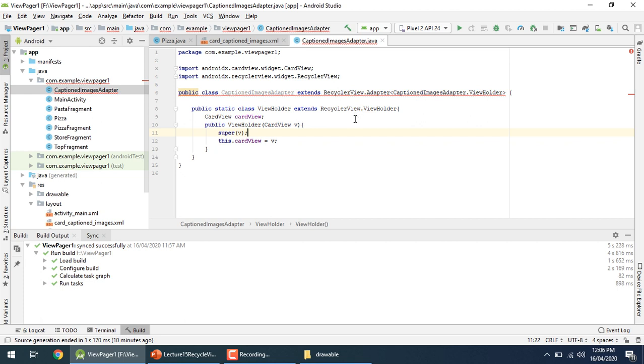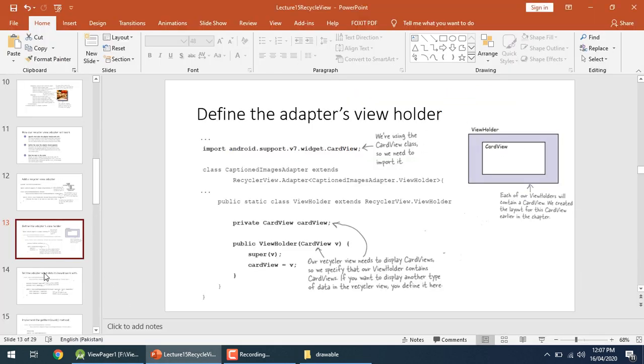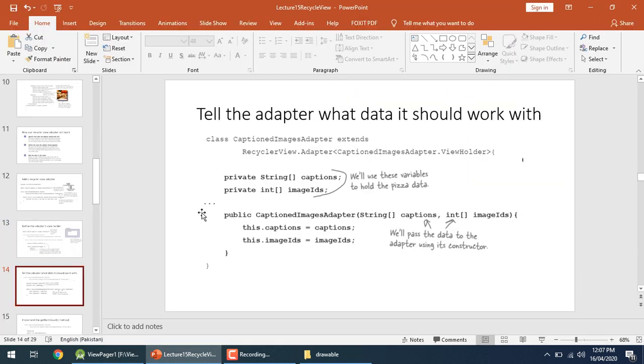Now if you can see, here we have some error on this. What is this error saying? It is saying that you are extending a recycler view dot adapter, but you haven't yet overridden some methods of the recycler view dot adapter. That's why there is an error. So this error will be removed when we override some methods of the adapter class. Okay, what we are going to do in the next slide,